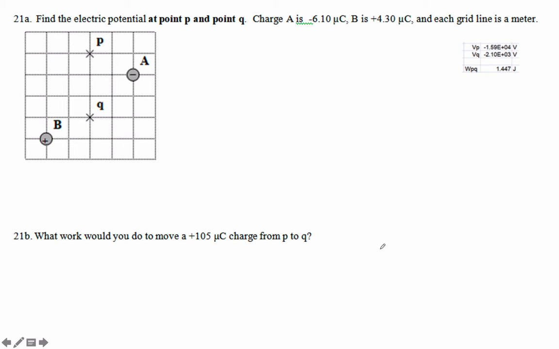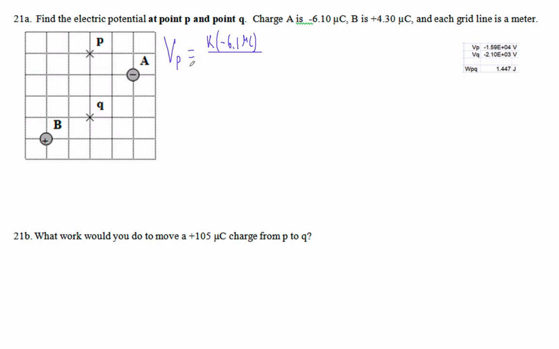Find the electric potential at P and Q. So what we do, remember, is that we're just going to simply add the voltages as scalars, and that's just the beautiful thing. So my voltage at P is going to be K times charge A, which is negative 6.1 microcoulombs,